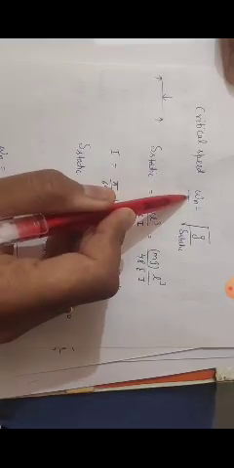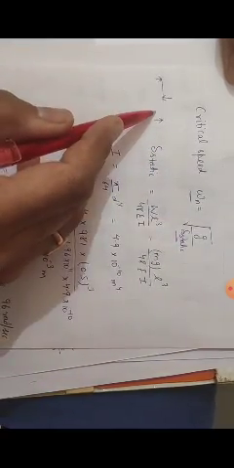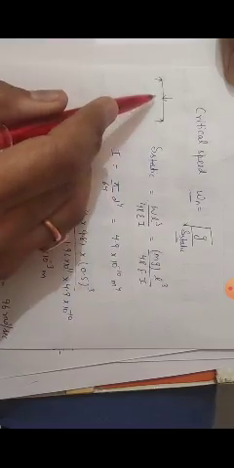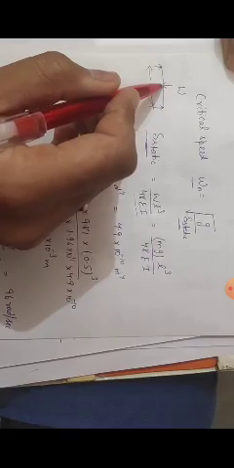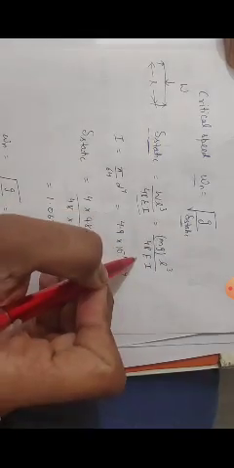So first we will find out the value of omega n. Omega n is the critical speed, that is equal to under root g upon delta static. So as the case given in the numerical is, we have to take it as a simply supported beam. So you know that static deflection in case of simply supported beam, delta static is equal to W L cube upon 48 EI, where W is the load given and L is the span. W is the total weight given. Here mass is given to us, so we will put W equal to mg.